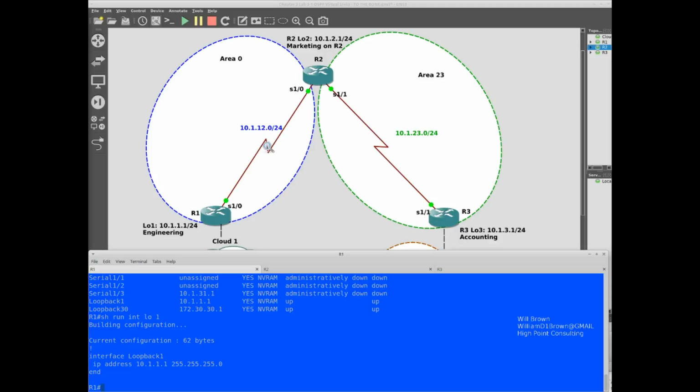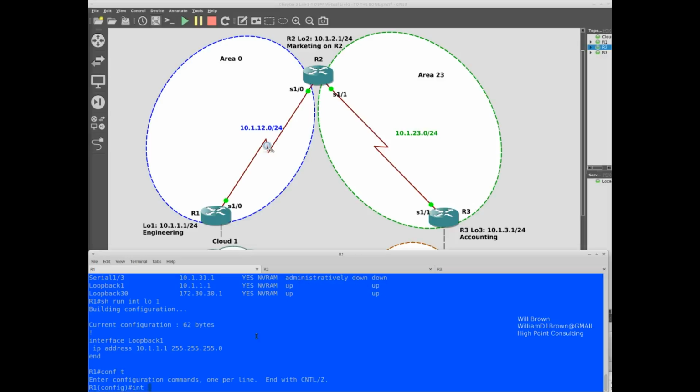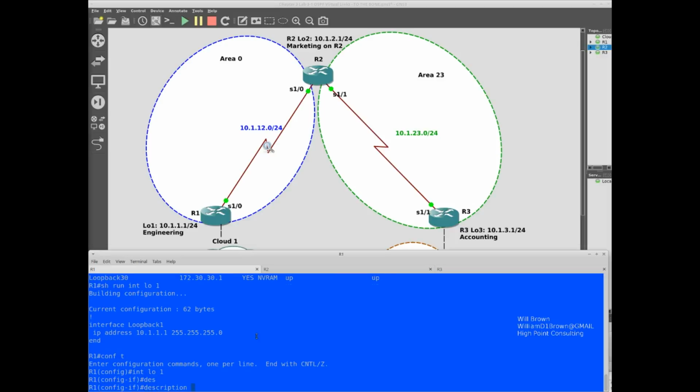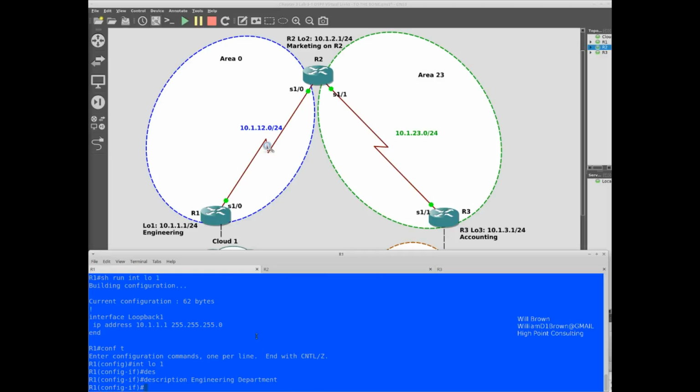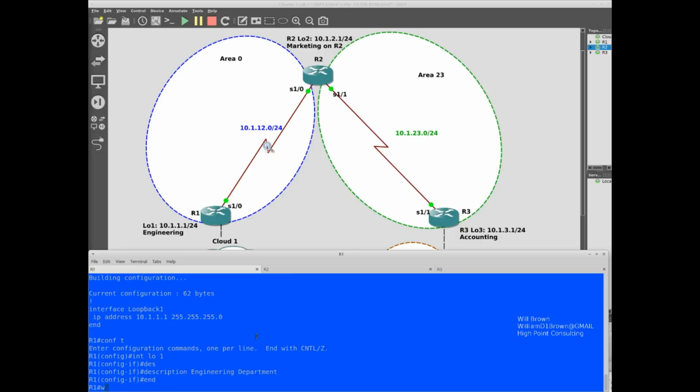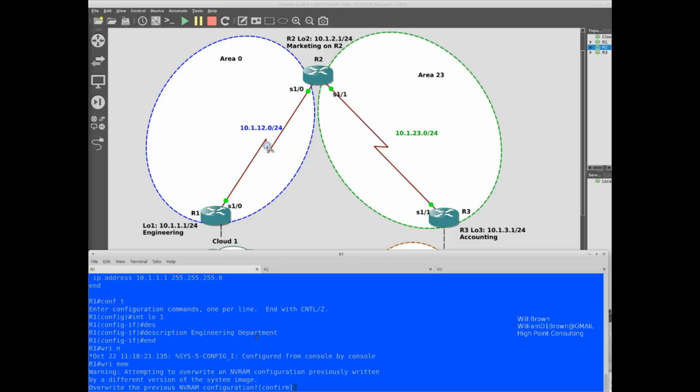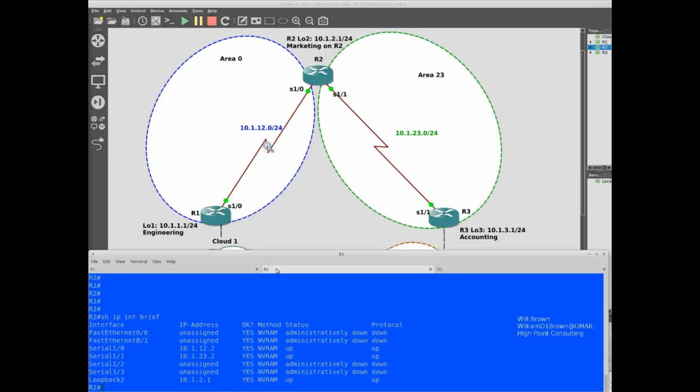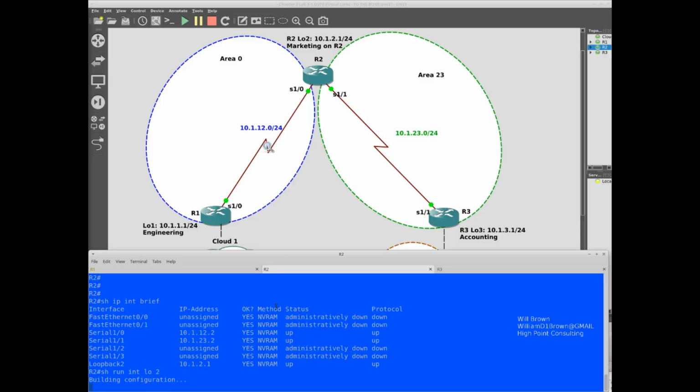So on router 1 I need to go in here real quick and do a description: interface loopback 1, description engineering department. And I need to go over to router 2, show run interface loopback 2.